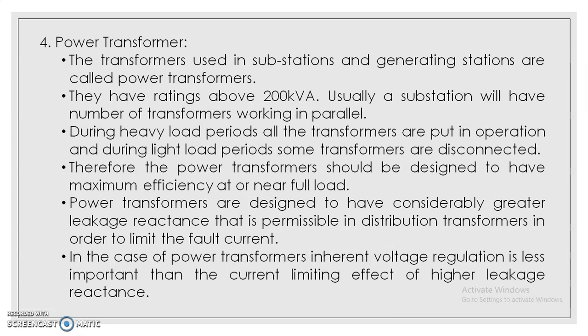Power transformer. They are above 200 to 250 kVA, and are used in generating stations or substations for transforming the voltage at each end of a power transmission line. They are put into operation during load hours and thrown off during the light load hours. This is possible because they are usually arranged in banks and can be thrown in parallel with other units or disconnected as well. Therefore, these transformers are designed to have maximum efficiency at or near full load.